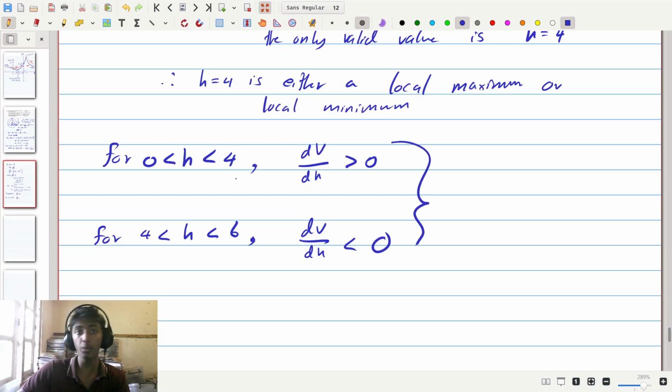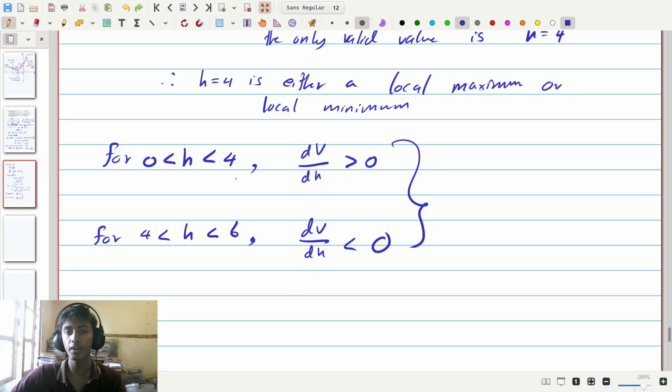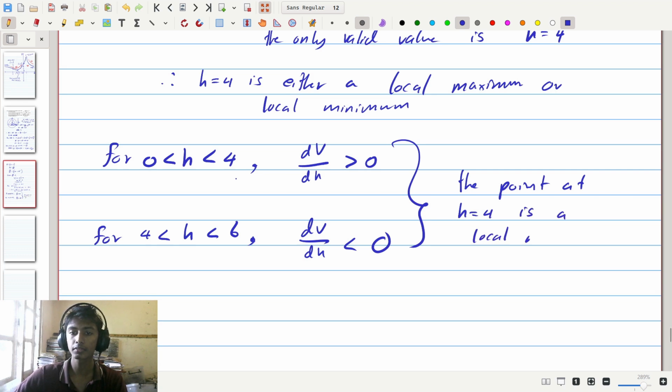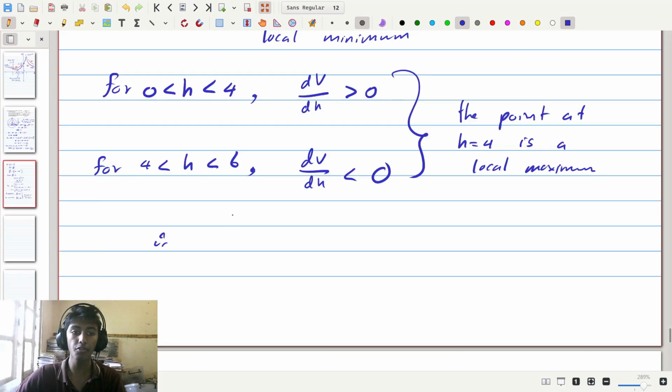So it does work. But if you are in a bit of a time crunch, you can actually directly write these two, assuming that the question is going to give you them already in the setup, that you get a local maximum at h equals 4. So we can see from these two conditions that therefore the point at h equals 4 is a local maximum. And since there are no other local maximums in the valid range of h, which is the range from h equals 0 up to h equals 6, we can say that therefore h equals 4 corresponds